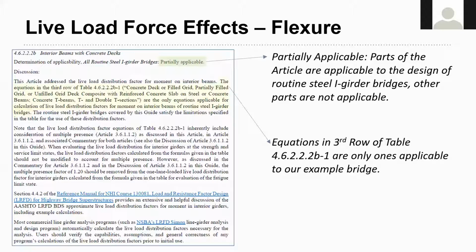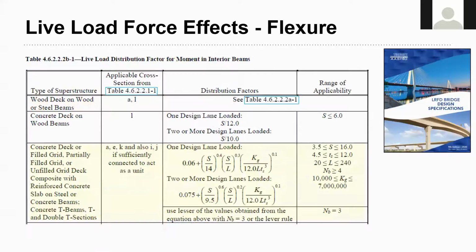Right here in the first paragraph of the discussion, it points me right to where I need to go. So it says the equations in the 3rd row of table 4.6.2.2.2b-1 are the only ones applicable to our example bridge, our routine steel I-girder bridge. So I would have AASHTO open on my other screen, I would take a look. I would go right to that table, the